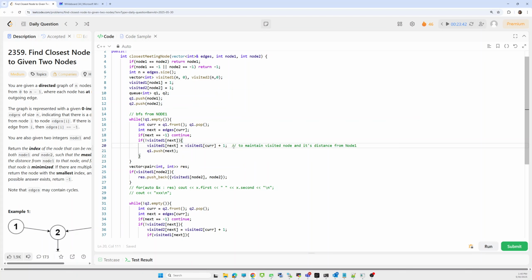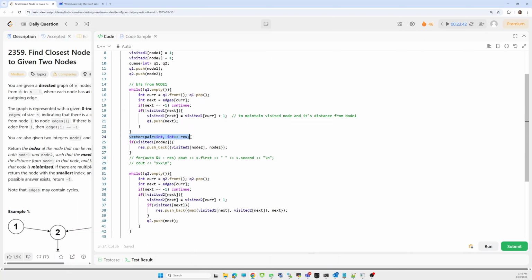So how do we update the distance? Whatever the distance of the previous node is, the current node's distance is that plus 1, and we push that node into the BFS queue so that we can traverse on it in the next iteration.